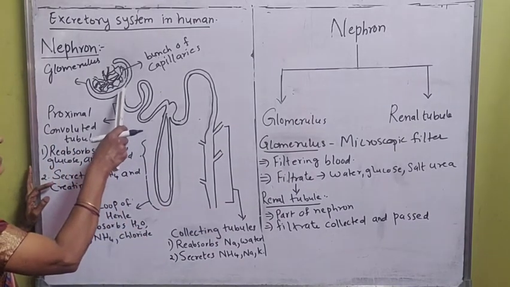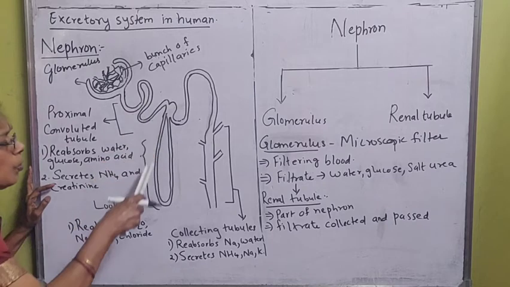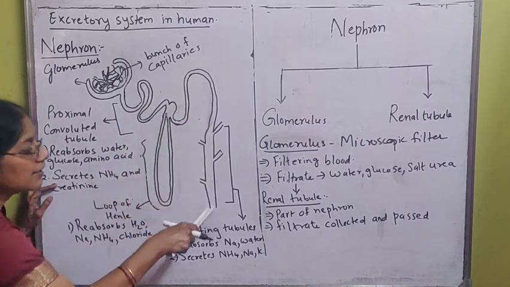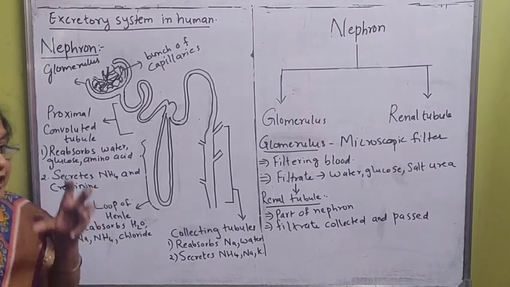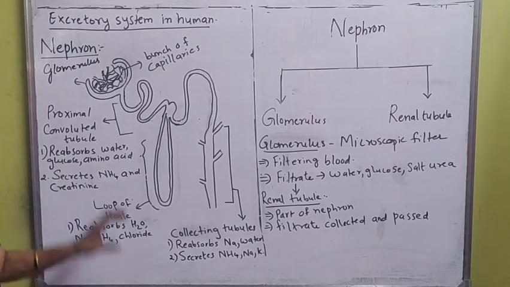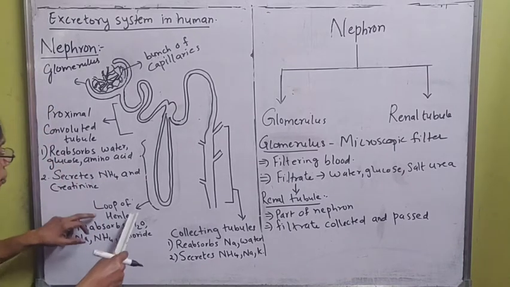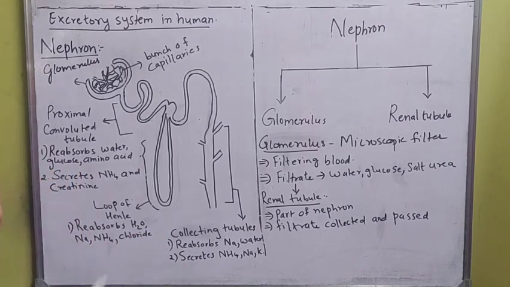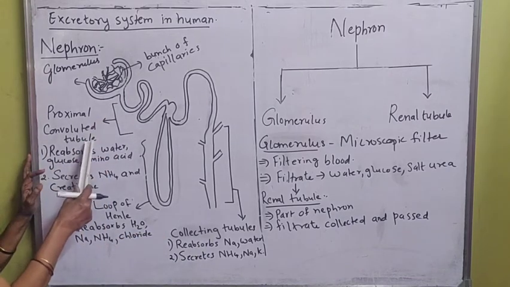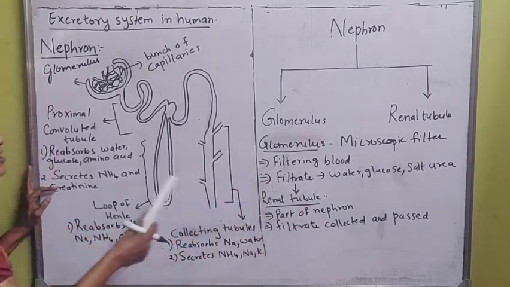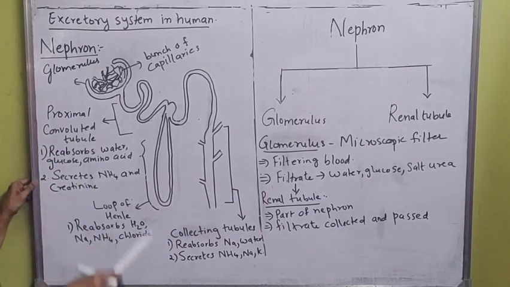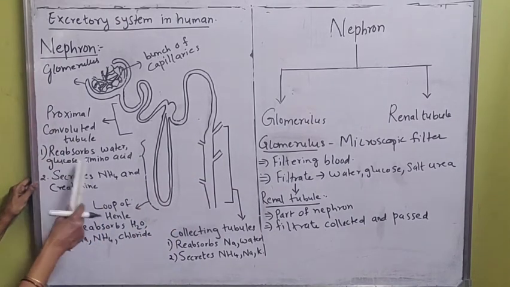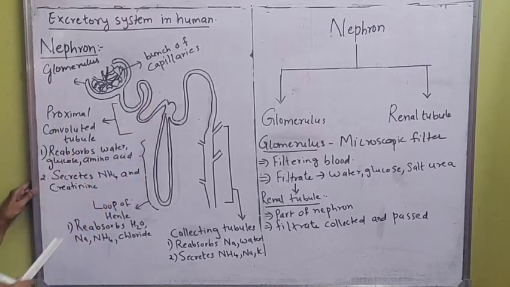The cup shape continues into a tube-like structure. This whole structure is called the renal tubule. But further, according to the property of the tubules, it is divided into three major parts: proximal convoluted tubule, loop of Henle, and collecting tubules. The starting part is called the proximal convoluted tubule. So whatever glucose and water were there in the filtrate, and whatever amino acids are in the blood, are absorbed by the walls of the proximal convoluted tubule, and it secretes ammonium